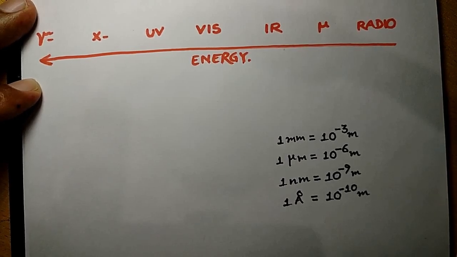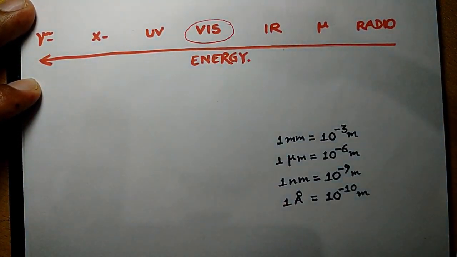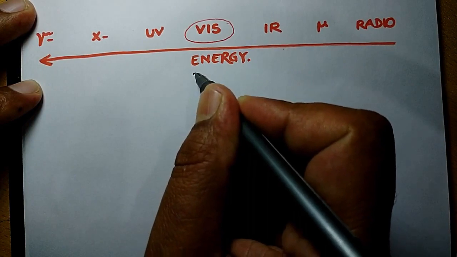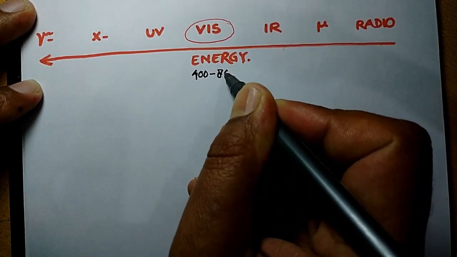In fact, we have a broad spectrum of electromagnetic radiations, of which visible radiation or visible light is a very small section. In this scheme, different electromagnetic radiations are placed in their decreasing order of energy from left to right. For our reference, let us note here that